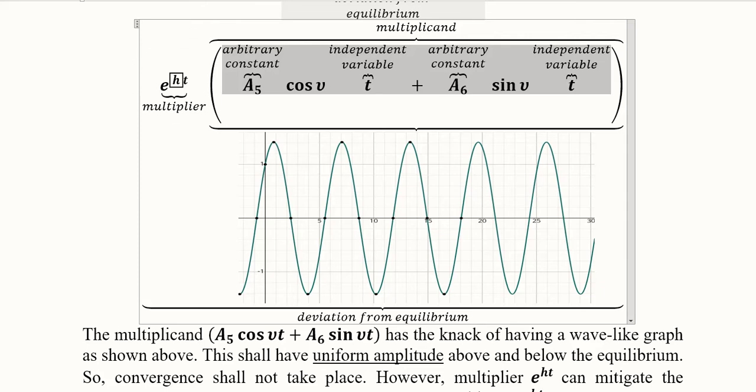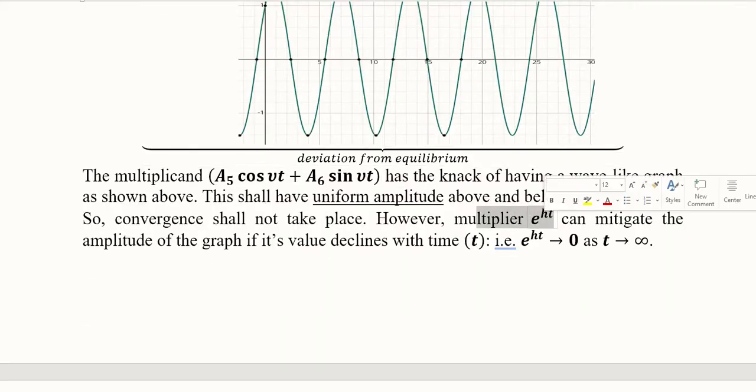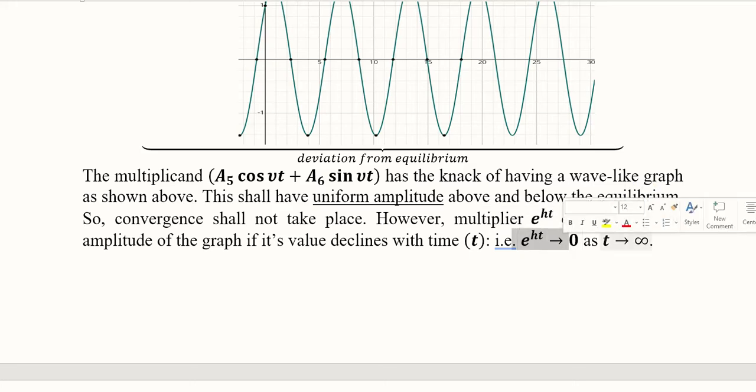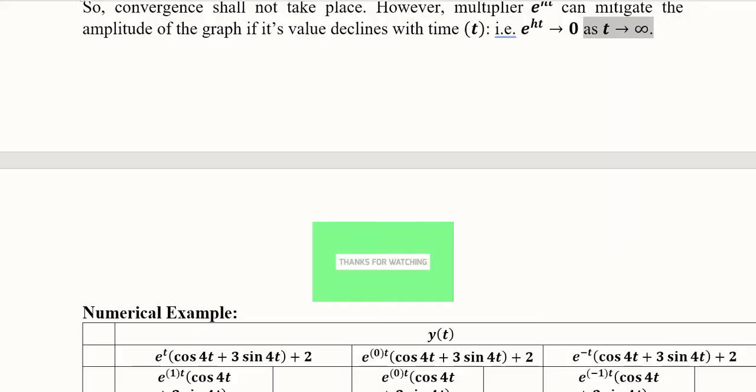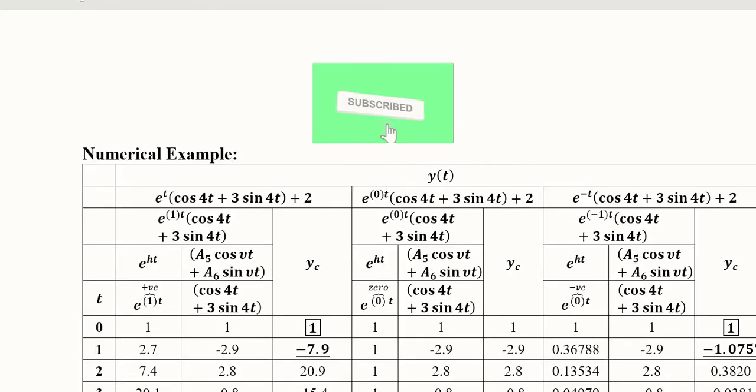So this h seems to be the value that can make a difference, because it is in the exponential decay expression, and in this expression, if the decay happens, it is going to eat away this multiplicand and there will be convergence. So focusing on the multiplier, as this approaches 0, as time goes on, we can achieve the desirable situation of convergence, and that will happen if the amplitude is mitigated. So let us see, with the help of this numerical example,